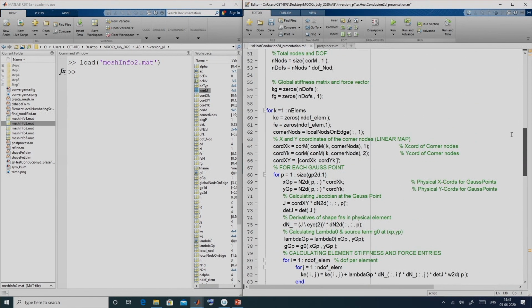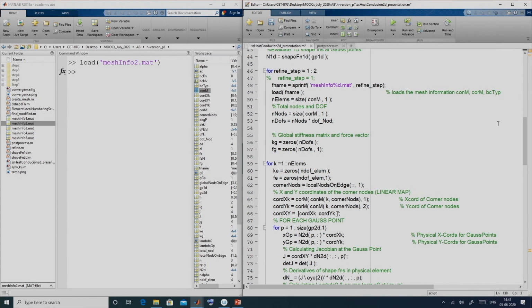So it will solve it once for one element, then again it will solve for 2 elements, and so on. Okay. And we have already taken care of the corresponding mesh information.